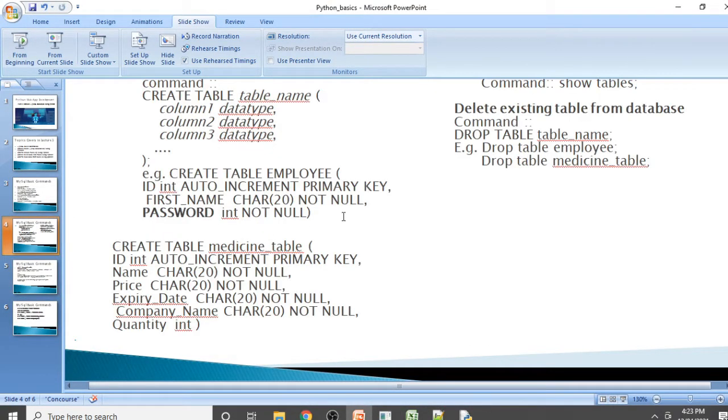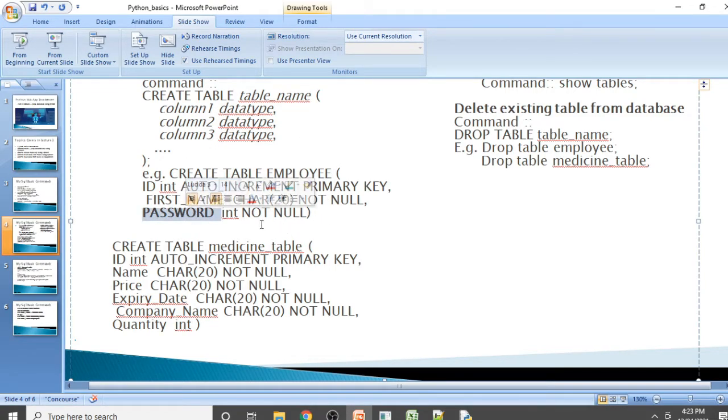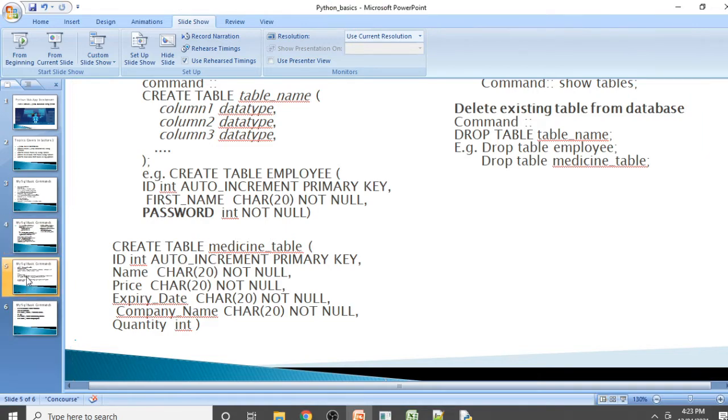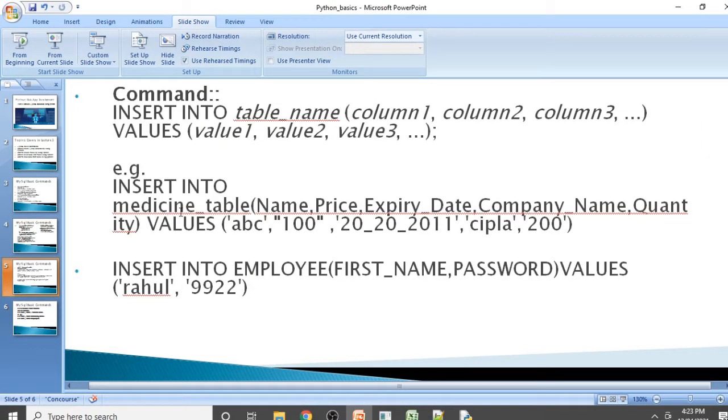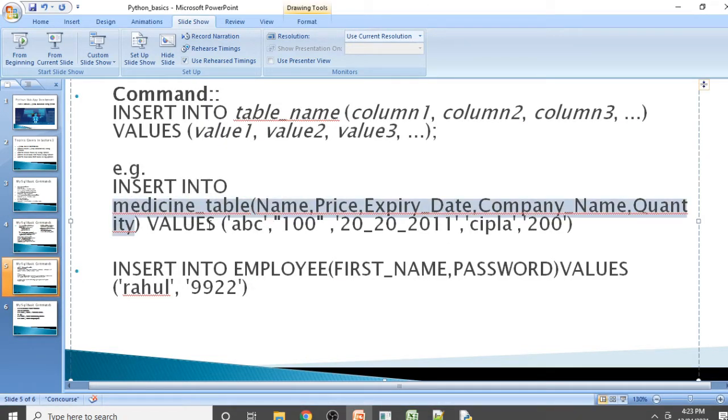So in the previous slide we already discussed that the employee table has two columns, first name and password, having character values, and the medicine table has name, price, expiry date, company name and quantity. All these columns should have character values. So with respect to that, we will insert values into the medicine table and into the employee table.